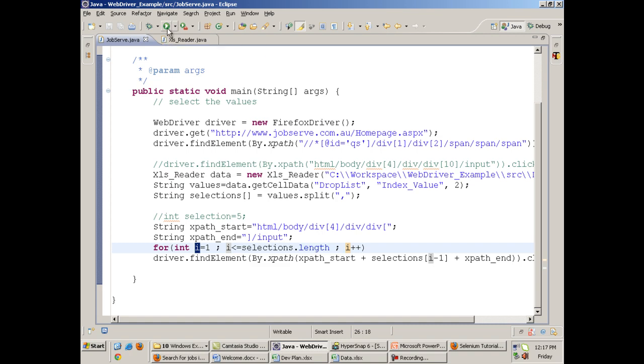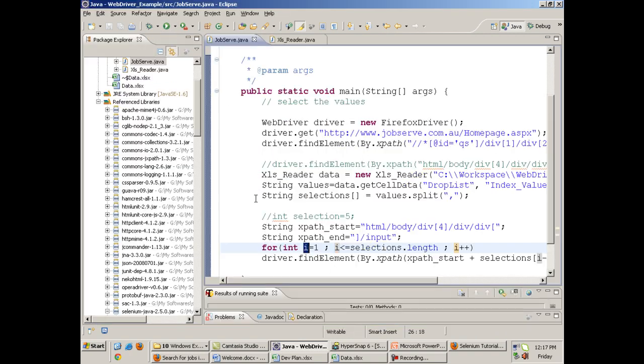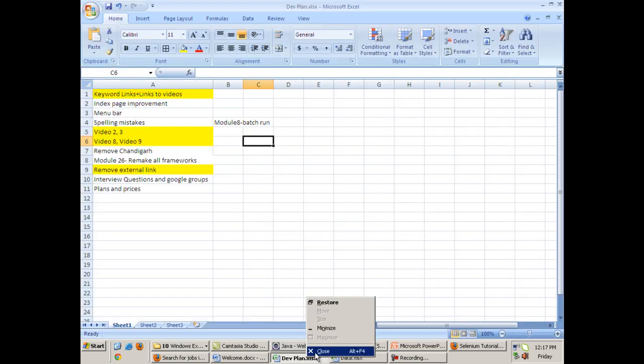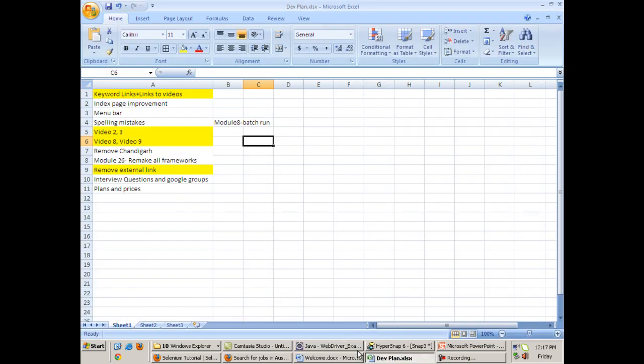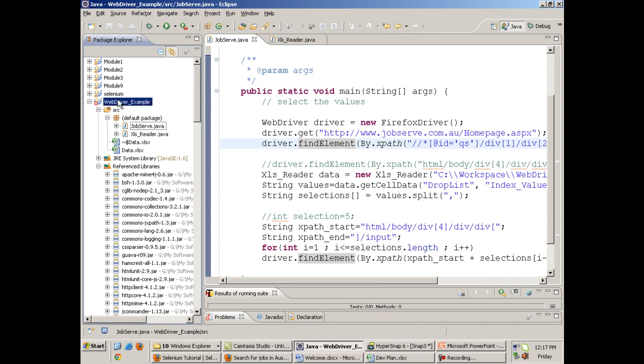Now when I run this code, let me close the Excel file and refresh the project once.